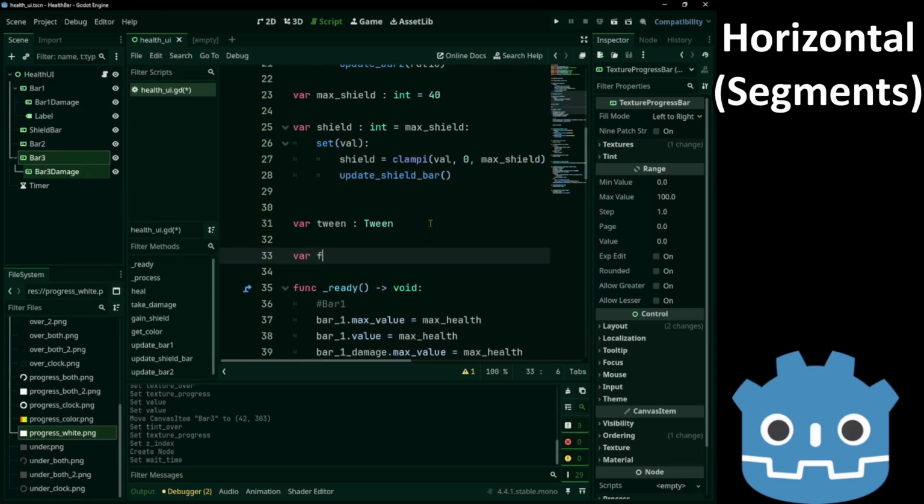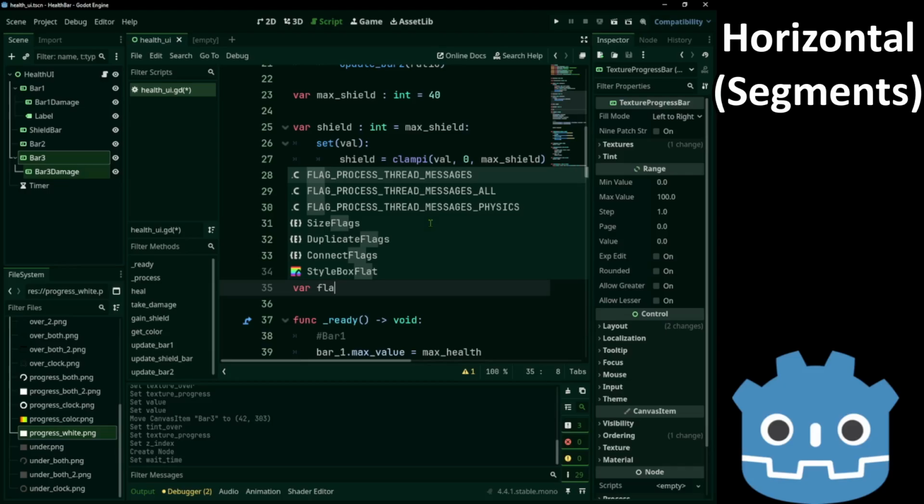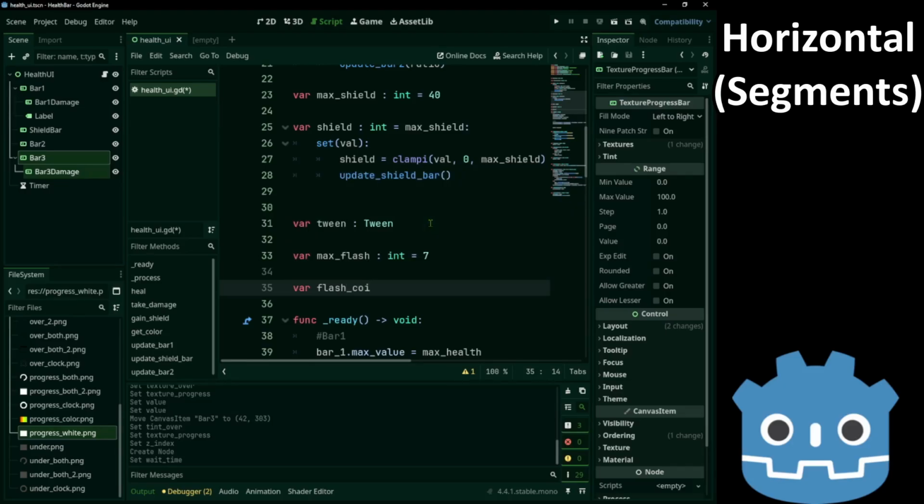Okay, we'll use a variable for how many times the damage indicator is going to flash, and we'll keep track of the flashing.